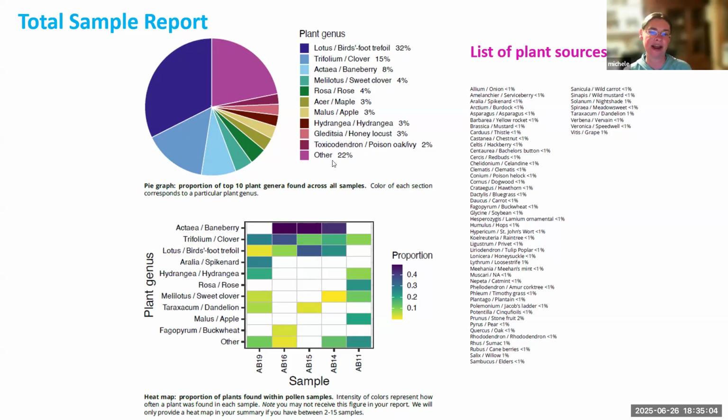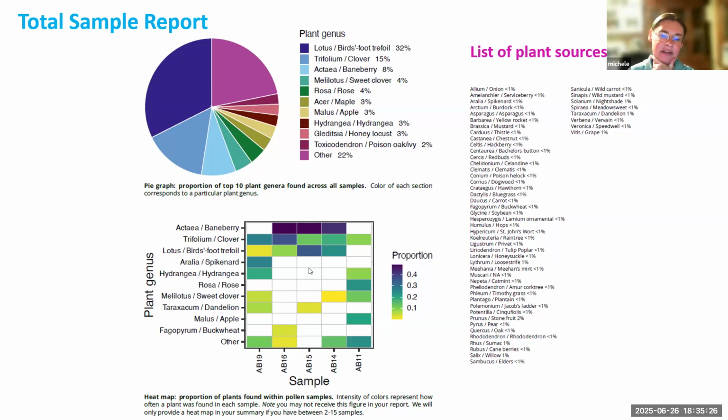And then we also provide an other column, because I'm not going to lie, you'll see a lot of others in there. The others will be listed, so you can have a laundry list of other plants. We do that because otherwise the pie chart would be pretty much unusable, because you'd need a microscope to see all the tiny separations.